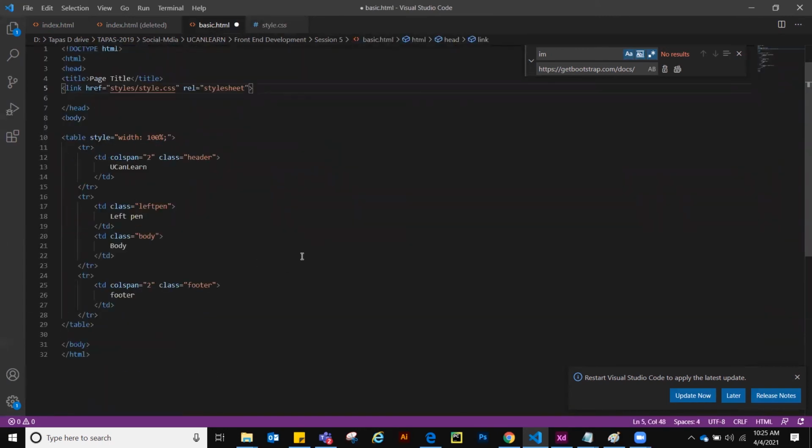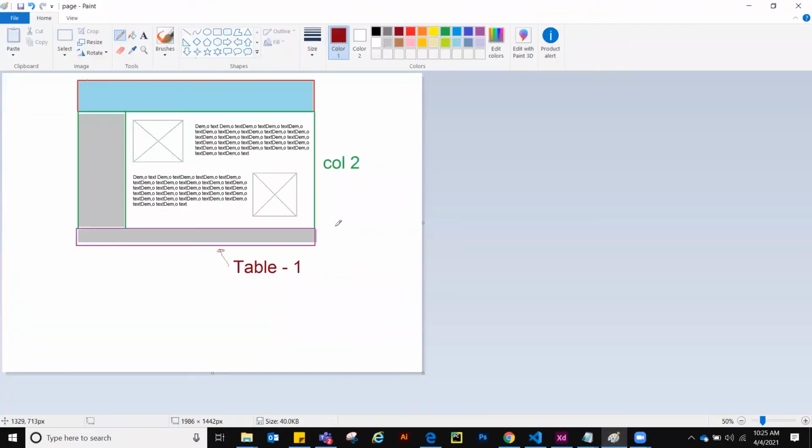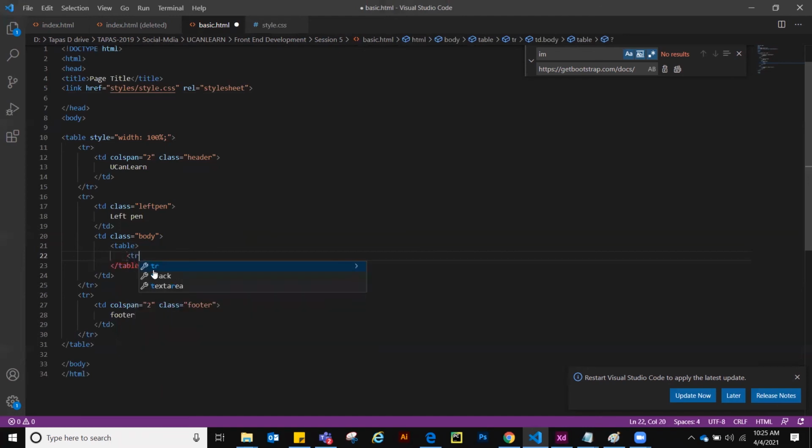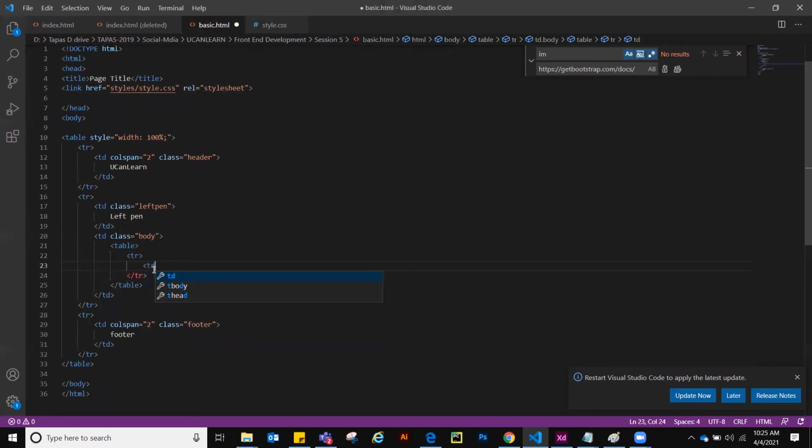Now our next target is creating this kind of a section, right? So again, I will create a table inside this table. The structure will be table, tr, td, col 1, col 2.